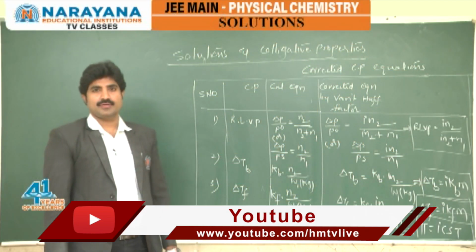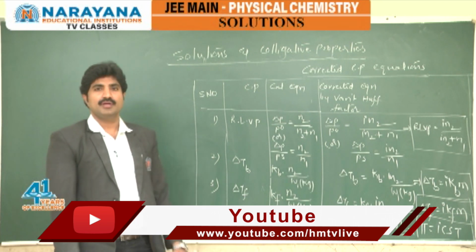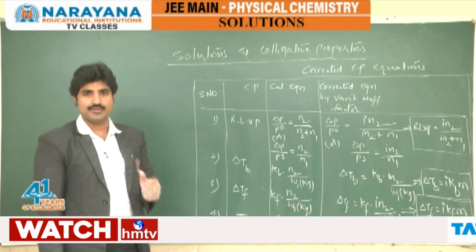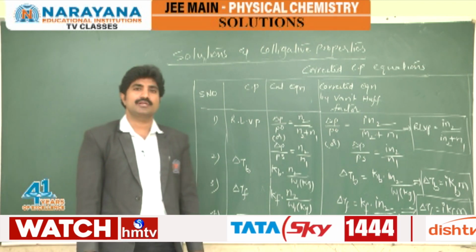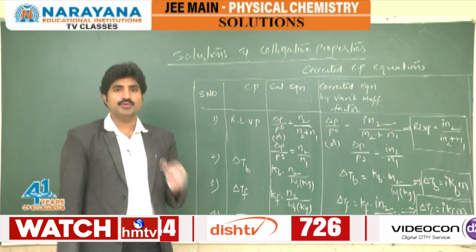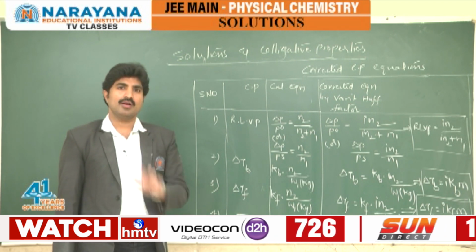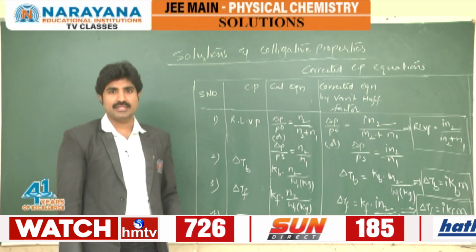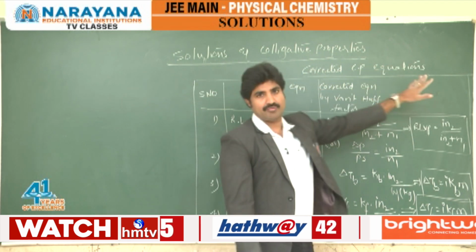Okay, in the last session, we discussed colligative properties and abnormal behavior of the solute in the solution. To understand abnormal behavior of solute in the solution, Van 't Hoff introduced the Van 't Hoff factor i. By using that Van 't Hoff factor i, we can modify all colligative property equations into a new format. Those are the corrected colligative property equations.